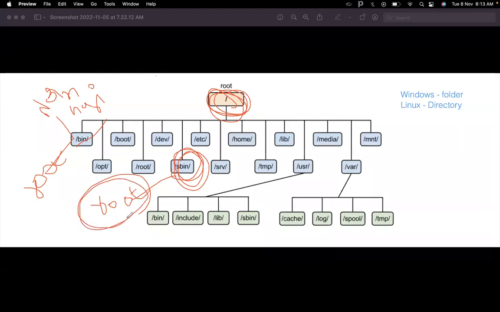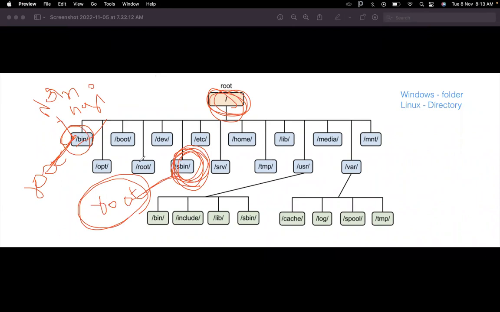Root user is the super user. So SBin commands are executed only by the super user, which is the root user. Bin commands, the binary commands, are executed by both the root user and normal users.